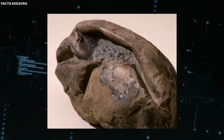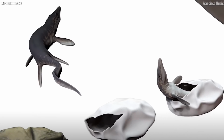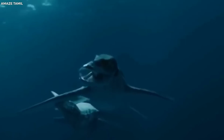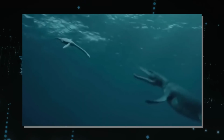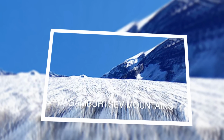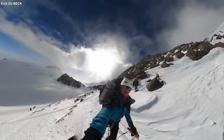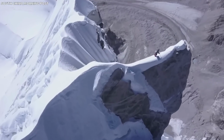Besides settling this evolutionary debate, the Antarctic egg astonishes with its sheer size. As the largest mosasaur egg known, it demonstrates these aquatic hunters grew even more gargantuan than expected. The mothers must have been enormous to produce such huge eggs. Number 1. Gamburtsev Mountains. Most mountain ranges on our planet have ice-capped peaks, but in Antarctica, even the tallest peaks